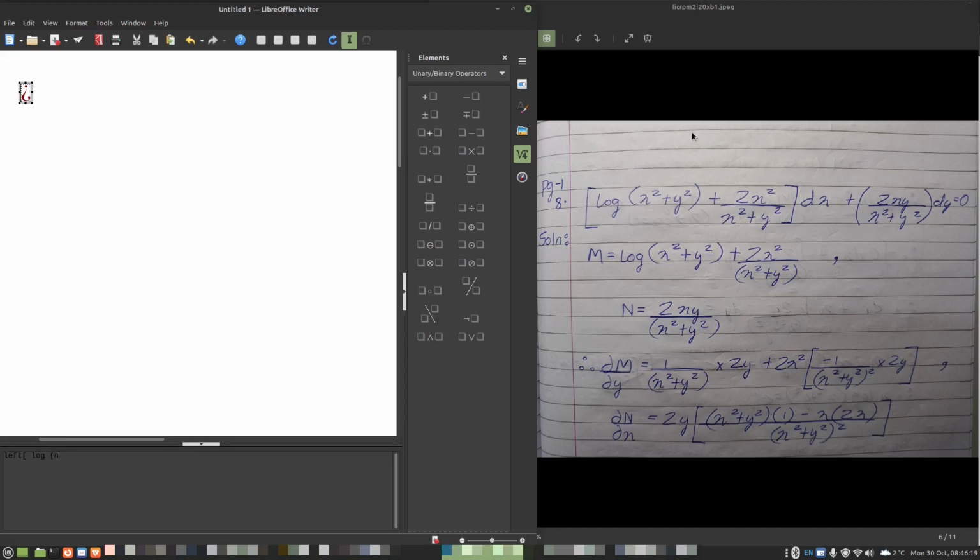log, bracket, n squared plus y squared, close the bracket, plus, now we're going to use a curly brace again, 2n squared, close the curly brace, over n squared plus y squared, close the curly brace, and then dn plus left bracket, curly brace, 2ny, close curly brace, over curly brace, n squared plus y squared, close the curly brace, right curly brace, dy equals 0, and we'll close all of